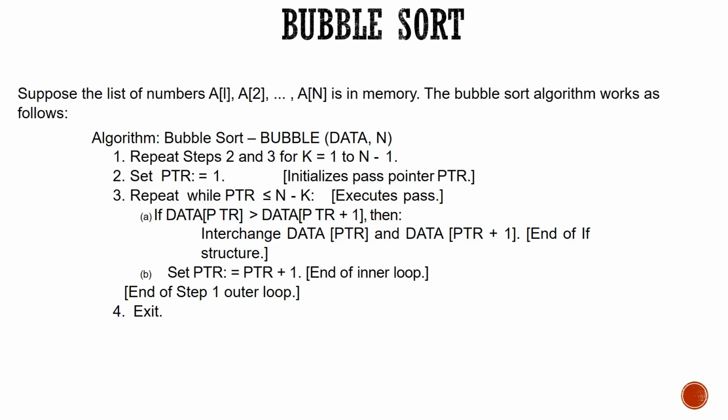At the end, what happens? The highest element will be taken and that element will be there at the end. Next time k will be incremented. Means the next higher element will be taken and it will be placed at the end minus 1. So like that, this loop works. So this is how the sorting works.